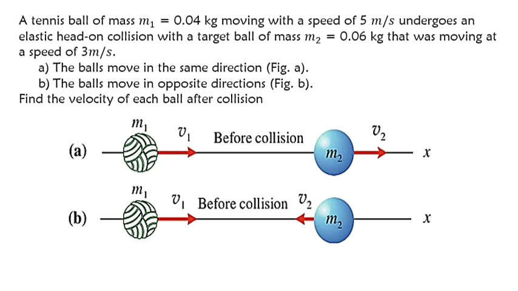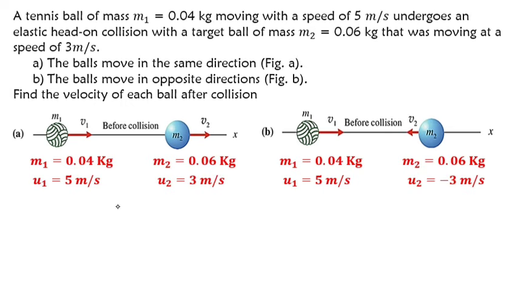A tennis ball of mass 0.04 kg, moving with a speed of 5 meters per second, undergoes an elastic head-on collision with a target ball of mass 0.06 kg that was moving at a speed of 3 meters per second. The balls move in the same direction for figure A, while for figure B, they move in opposite directions. So the idea is,